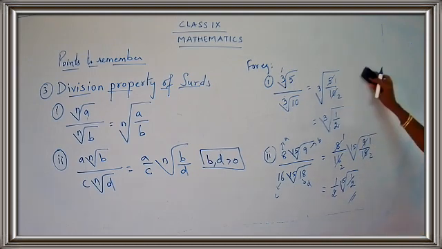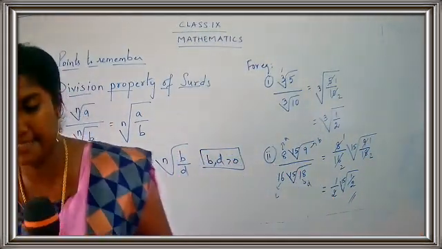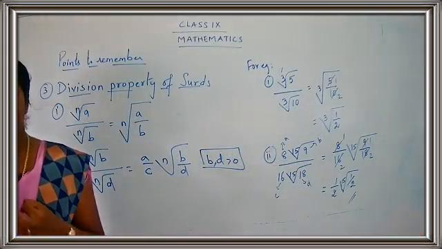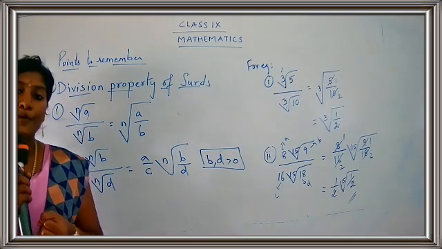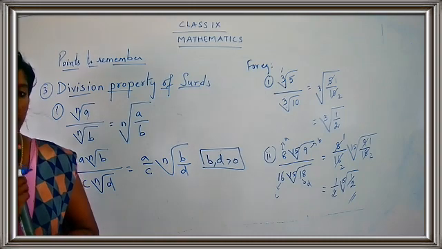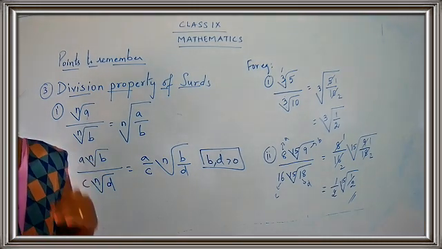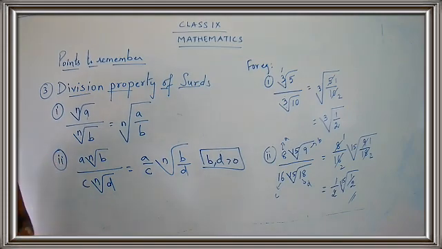So what have we seen today? We have seen the definition of surds. Then we have seen the different types of surds. What were the different surds? Pure and mixed surds, simple and compound surds, and binomial surds. And also we have seen the rules for addition, subtraction, multiplication, and division of surds. Okay, children? So were you clear with the points?